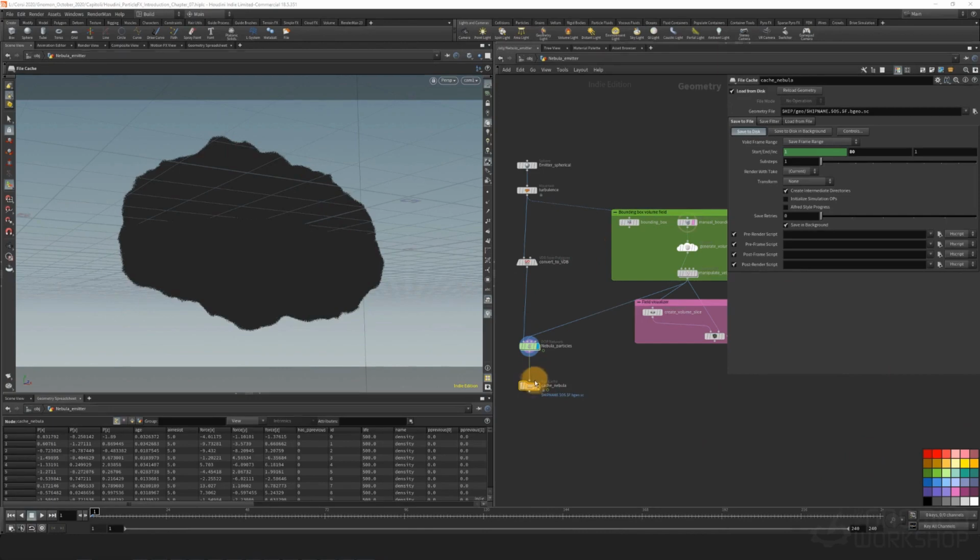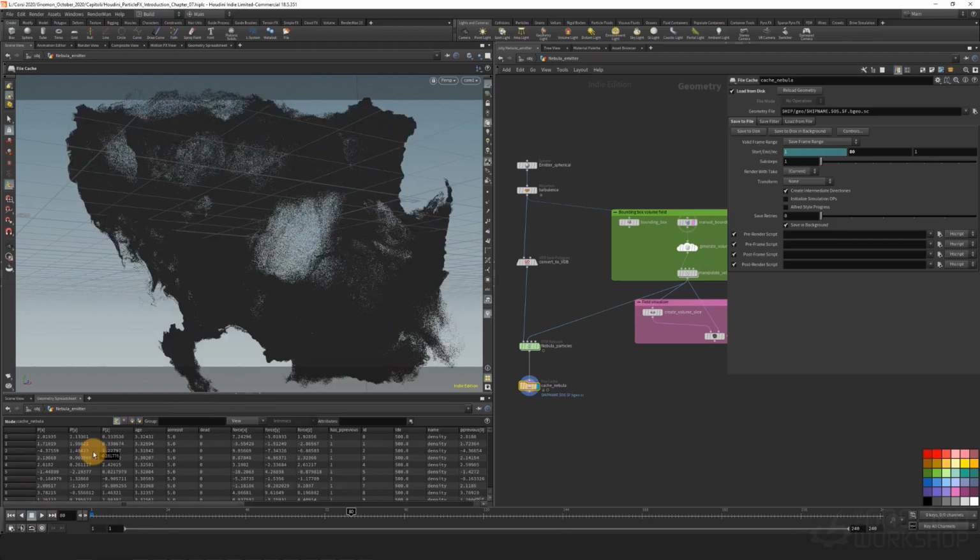Okay, so it's done. So we can say please load from the HD, and then go to frame 80. It will go to load, and that's the actual